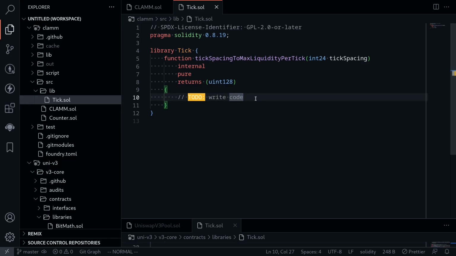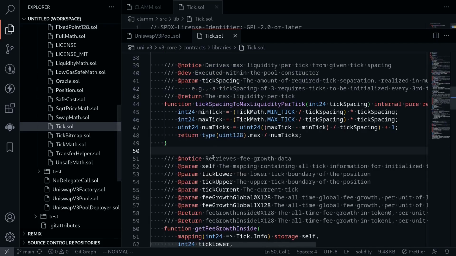The basic idea of this function is that it's going to return the max liquidity between two ticks. This will be the maximum liquidity that is possible divided by the number of ticks that are available. Let's open the Uniswap v3 implementation and take a look at the code. So over here, inside the Uniswap library, there's a file called tick.sol, and we have the function